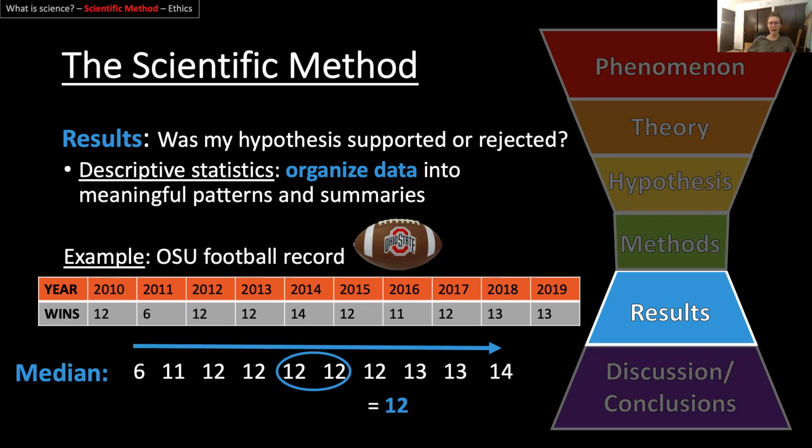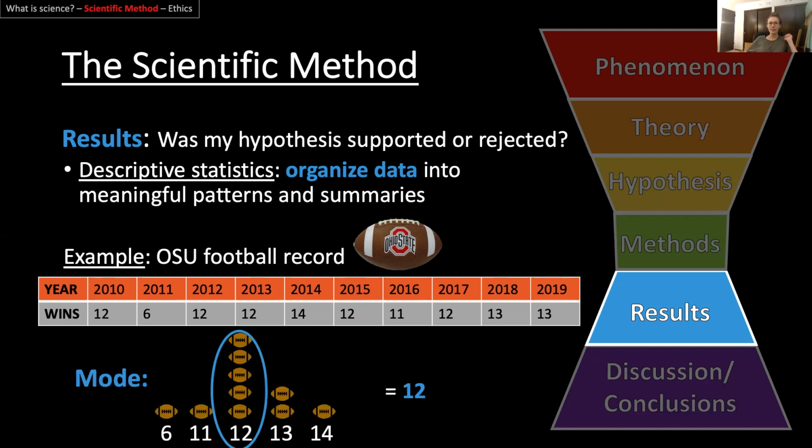Median, we're gonna arrange all of our values from smallest to largest, and whatever number's in the middle is the one we use. In this case, if there's an even number of points, you find the average of the 2 in the middle, and 12 and 12 is still 12. So the median number of wins is 12. And then mode, take kind of a histogram, how often each score was gotten. And in this case, 12 was the most frequent score, so your mode is also 12.